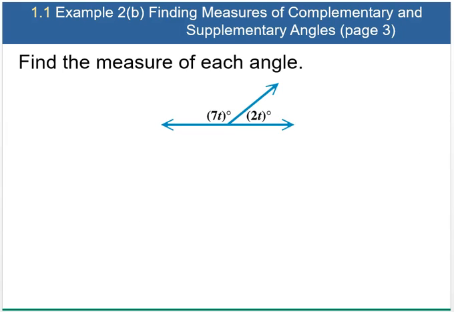Okay, the next example we're going to be looking at is this right here, similar to the last one, except these two angles add up to 180 degrees because they are supplementary. Let's do that one. So just like the last one, set up an equation that's 7t plus 2t is equal to 180. And then now solve for t. So 9t,